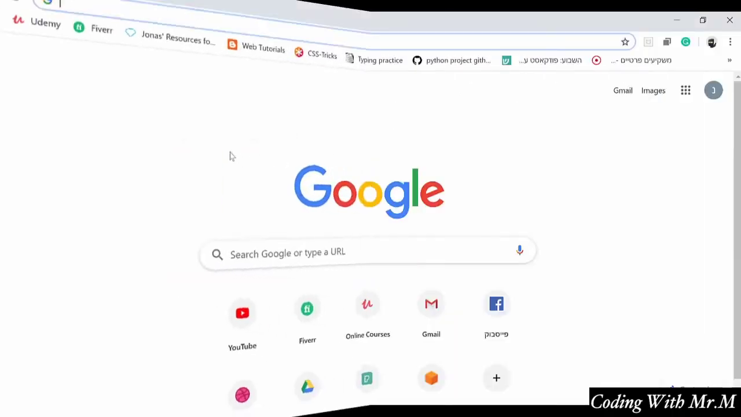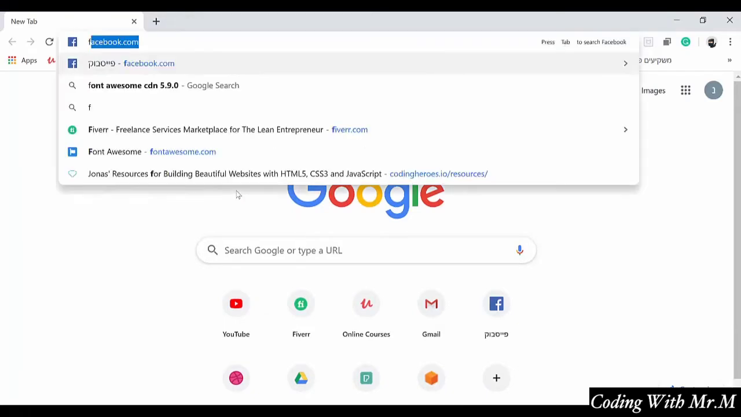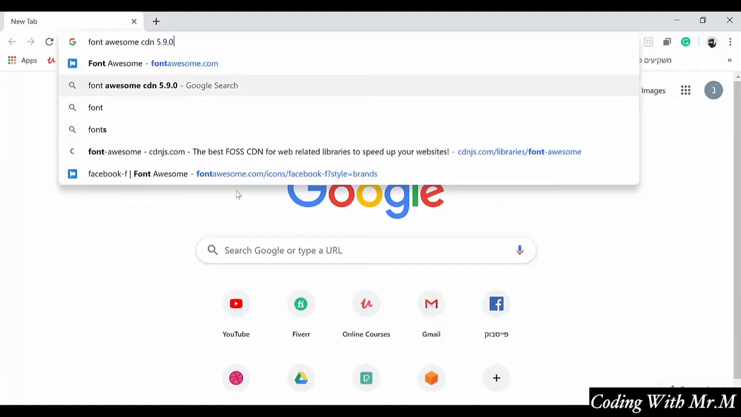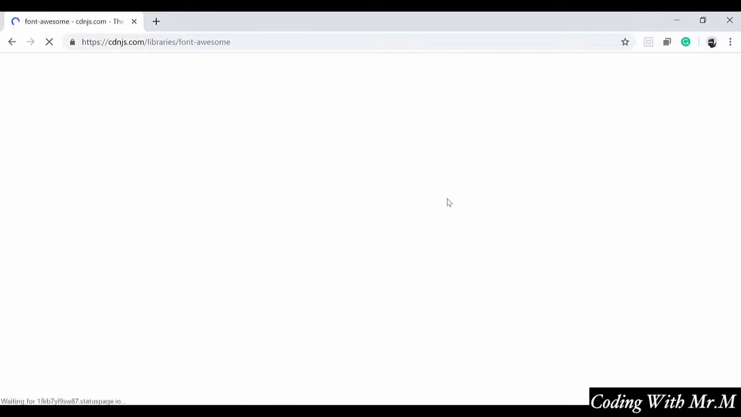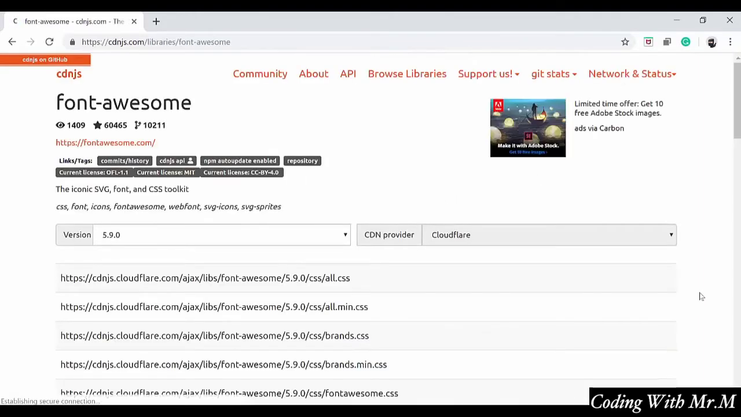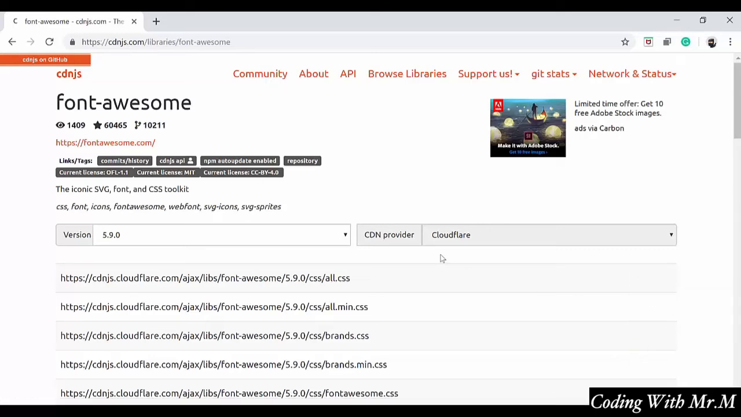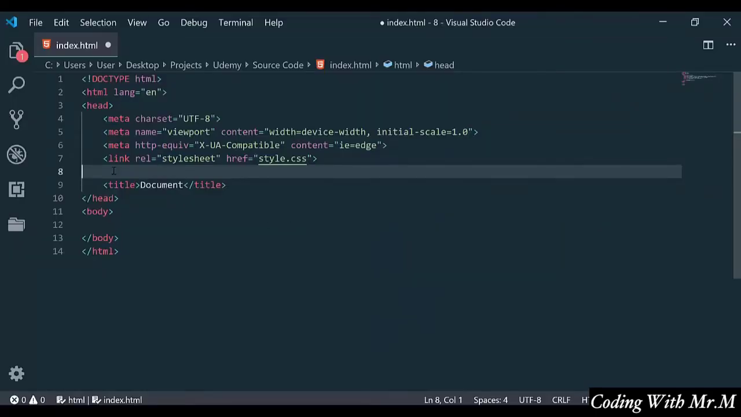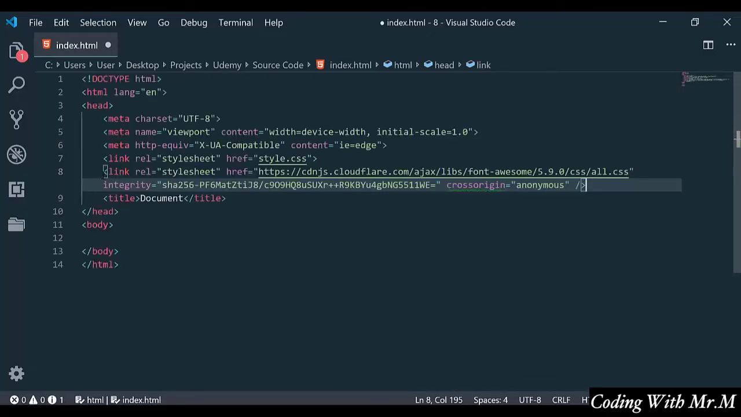Hey, and welcome to this quick lesson on how to use icons from Font Awesome. What you do is you just type in Font Awesome using the version you want, 5.9.0, and that's the newest one, and you click on the link. So you have to load that into your HTML, so you click copy link tag for the version you want. You just paste that into your HTML, within your head,